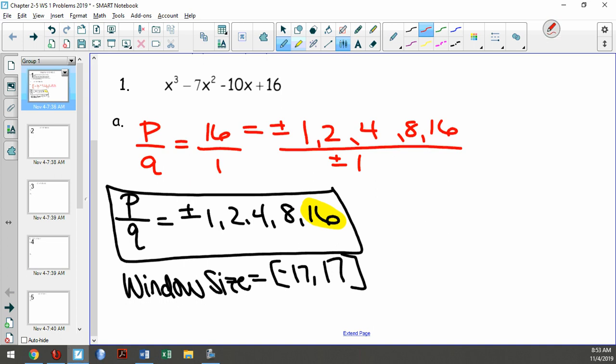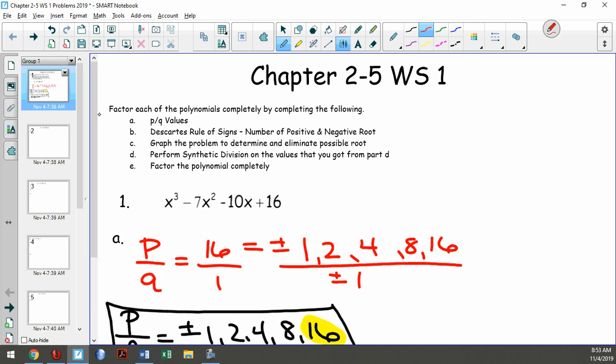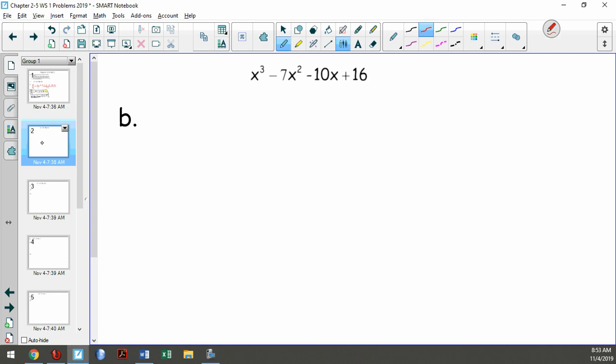Are we good? Okay, so part B, what does part B ask us to do? Part B says to use Descartes' rule of signs. So I have to do Descartes' rule of signs next. So how do I do Descartes' rule of signs? I count the number of sign changes in the original f of x function. So if I'm doing positive roots,